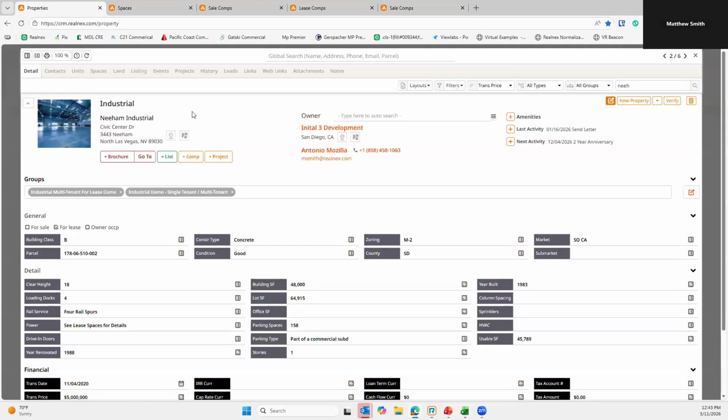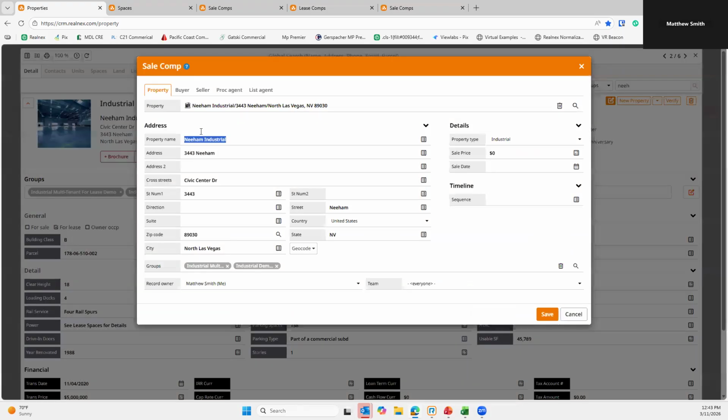Now, if you're creating a comp off a property as you're calling the market and you're finding out that properties have traded, whether they're selling or leasing, here's an easy way to do it. Now, I have a property pulled up. This is my Needham Industrial. I absolutely love showing this building. To create a comp, just hit comps. Then what this is going to do is pull up an area for a buyer, a seller,